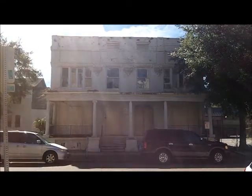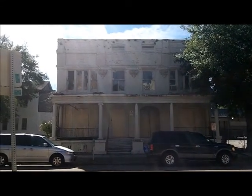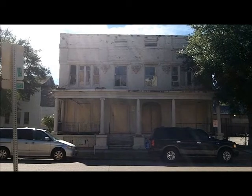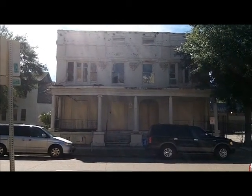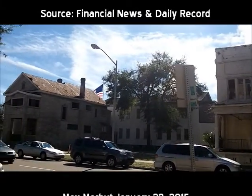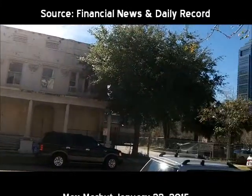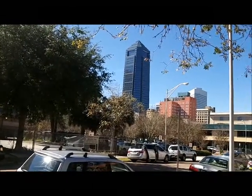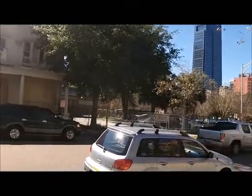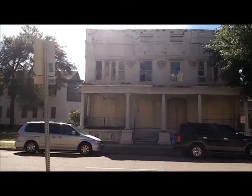It's called the Elena Flats Building, and in the early years of the 20th century, after the Great Fire of 1901, it was built, I would say, around 1908, 1909, and it was built as a boarding house. And in this area at the time, boarding houses were being built to accommodate the need for people to live near where all the businesses were being built, and of course for what was happening in the early years. And it is actually of a wood frame construction with a brick exterior,